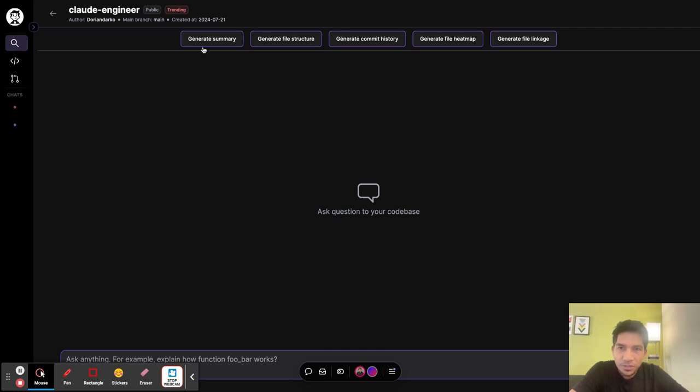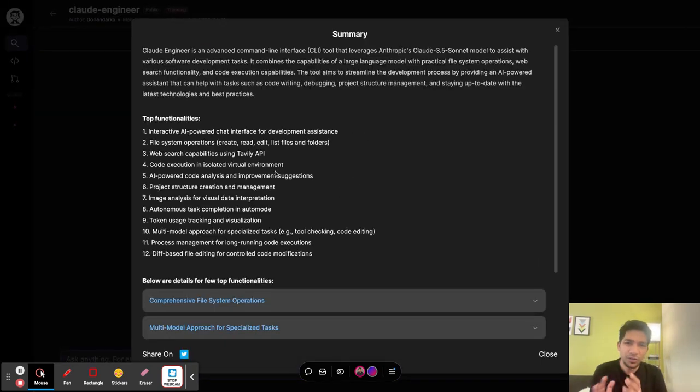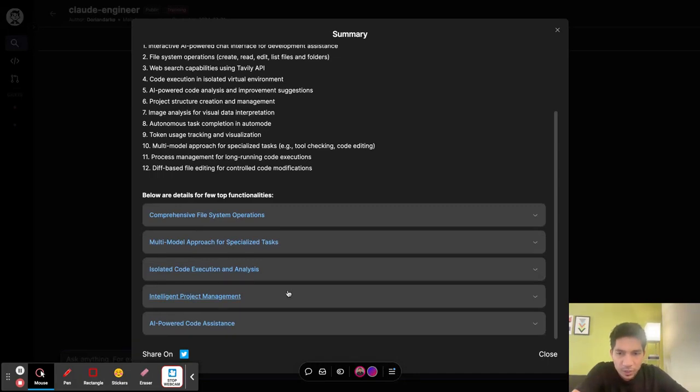So the first thing you could do is generate summary here. And summary is a good place to start for any repo. It gives you the list of features that are implemented from a business standpoint. And then for each of the features, it does a deeper dive to help you explain how this feature